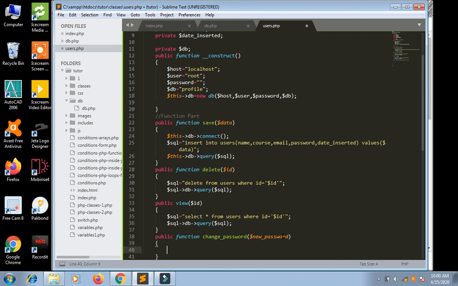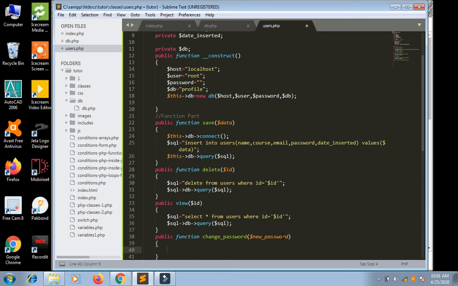This is not an authentication method. We are not using any MD5 or any encryption, just plain text will be stored. Normally databases store your Gmail, your YouTube, your Facebook, and you cannot see what is in the database. That is encrypted, but we are using plain text for learning purposes.